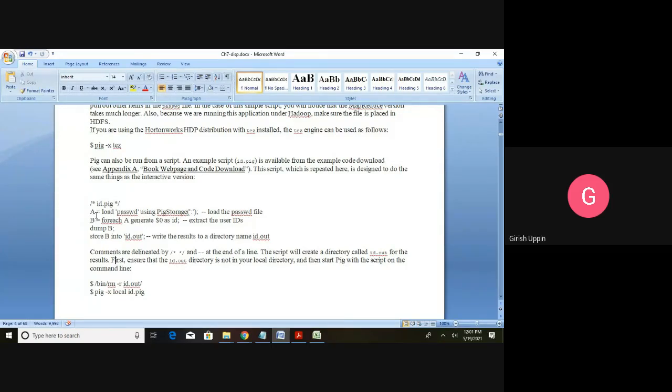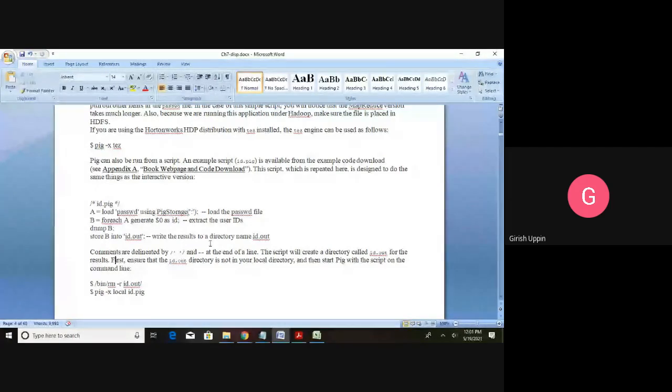So the same instructions are there. A is equal to load passwd using PigStorage, and colon is the separator. Then B is equal to foreach, it will extract the username. Dump B, then store B into id.out. This will create a directory, and inside that directory it will put all the results.